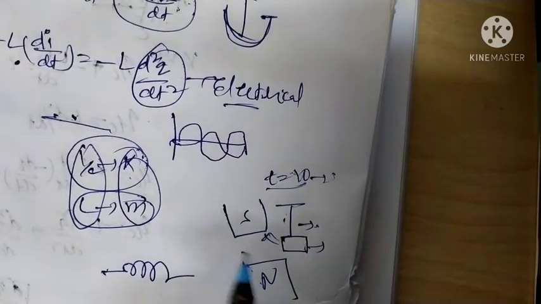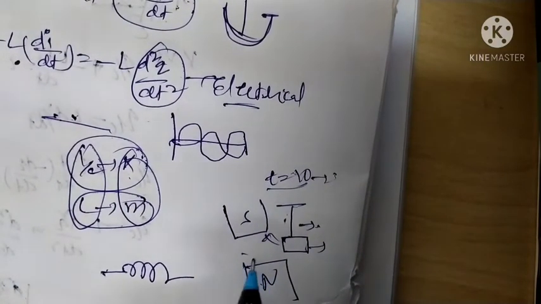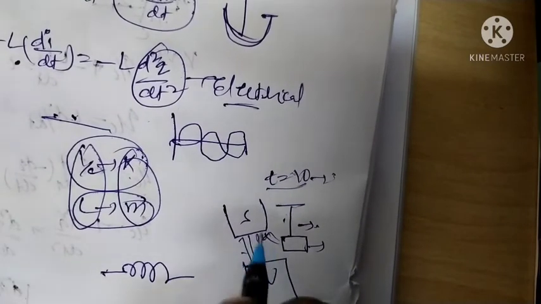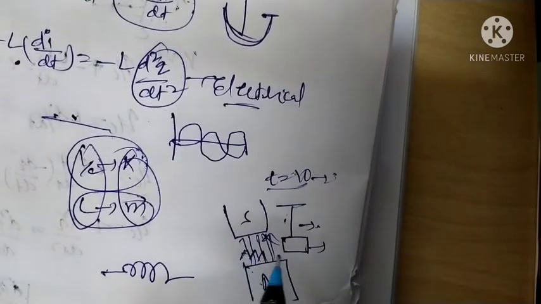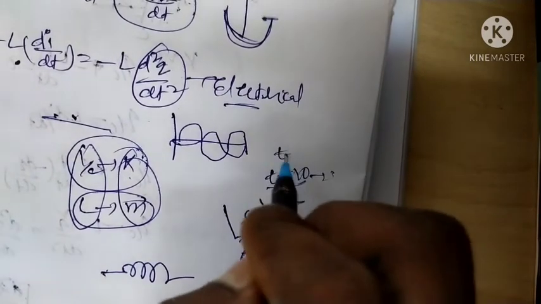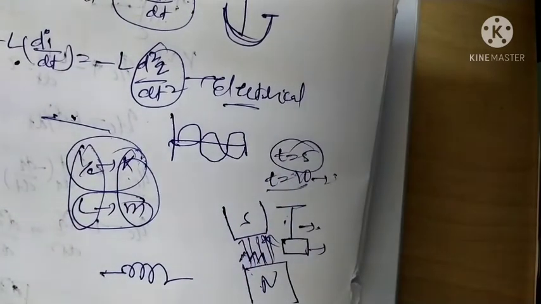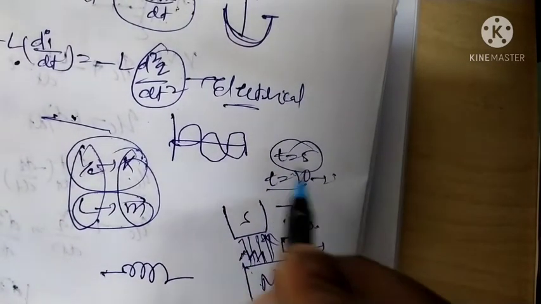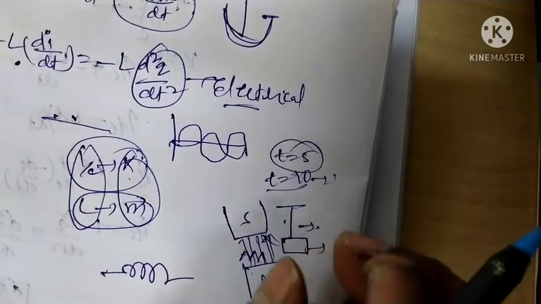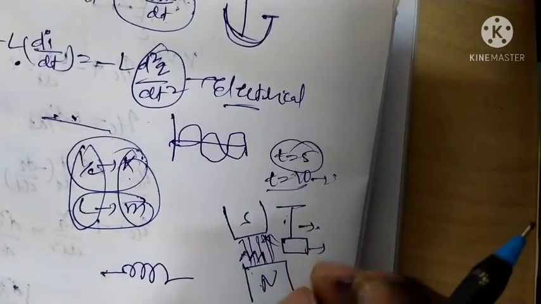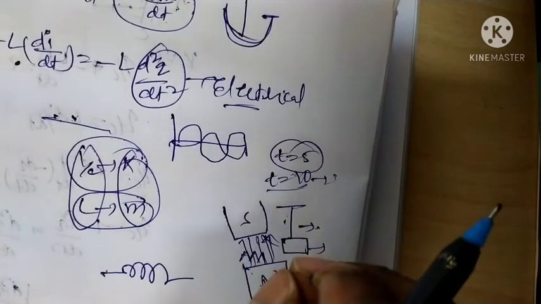But in the presence of a magnetic field, the magnetic field will appear. The flux changes. It is like a north pole and south pole. That means the time decreases. With the presence of a magnetic field, within 5 seconds the displacement can be 0. That means it comes to rest position.